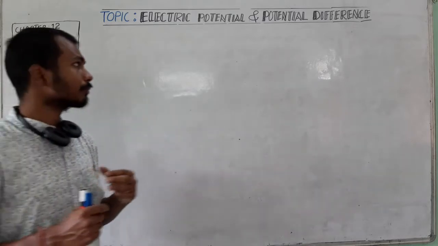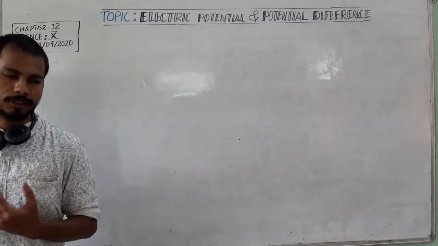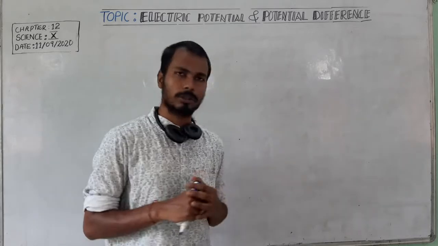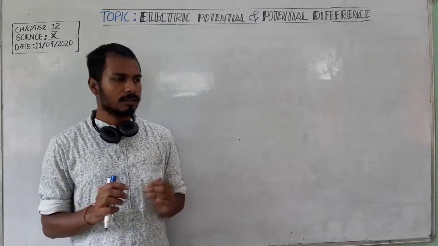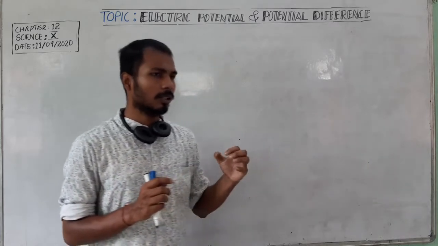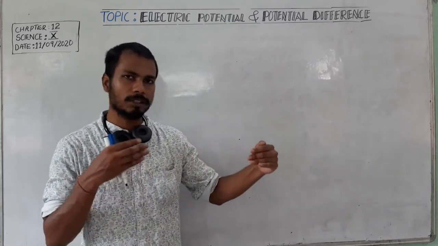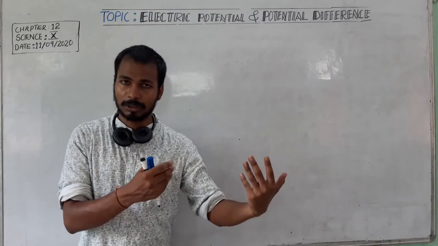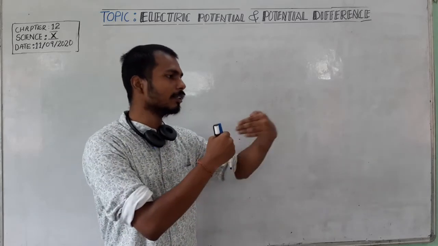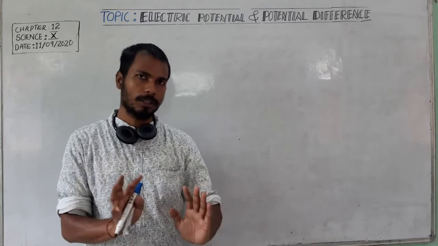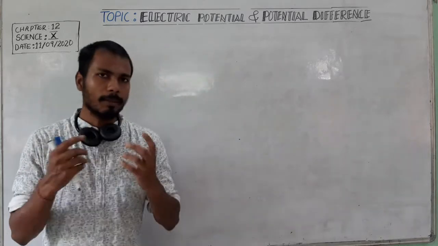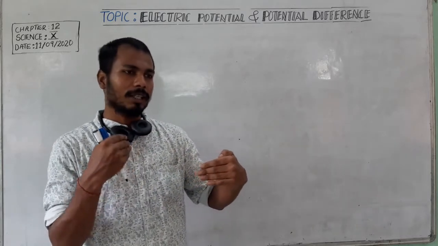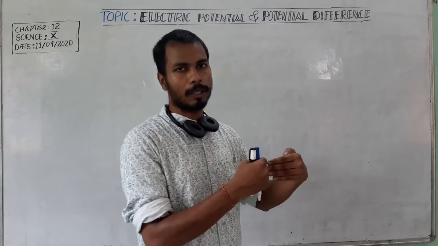Before starting potential difference, we know whenever a body is moving, work is done. Without doing work, the body will not move. Means a force is behind the movement of a body. If a body is moving, then there is a force acting on the body. If force is acting and the body is moving, then there is displacement. And if force is acting and there is displacement, then there is work done. So whenever a body is moving, remember there is a force which is making the body move.